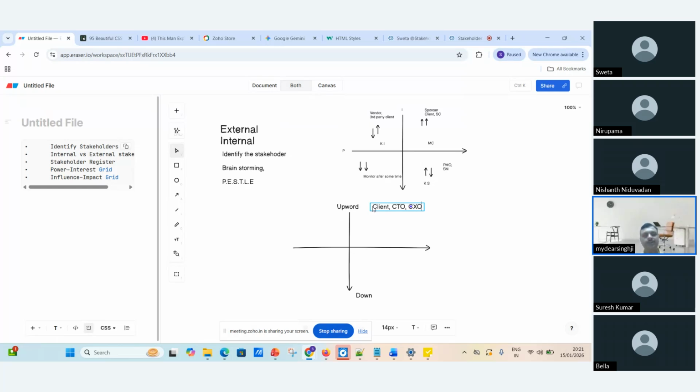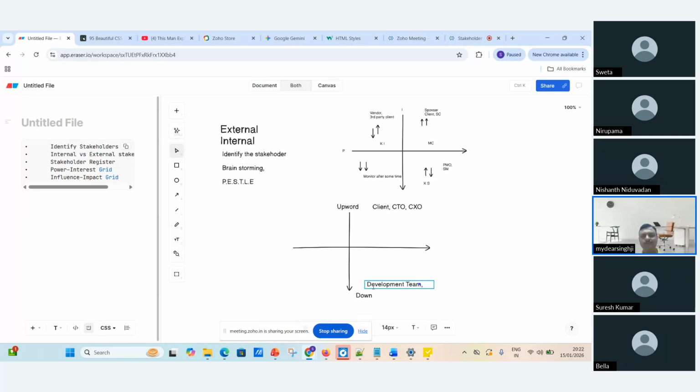Who will be my downward stakeholder? Any idea? Project team. Excellent. Team members. Yes. The people who report to me are my downward stakeholders, like my development team, my team members, my infrastructure team.